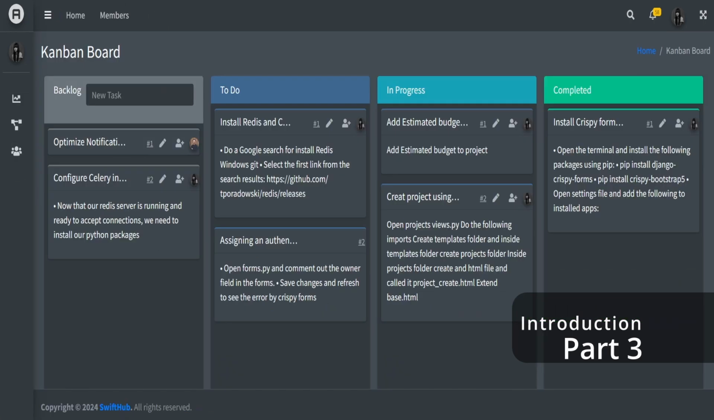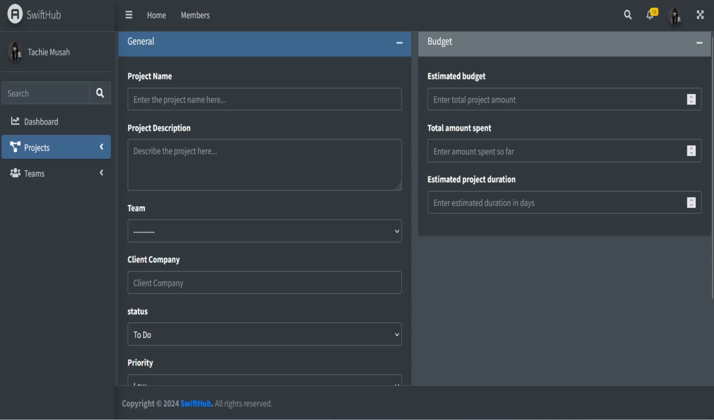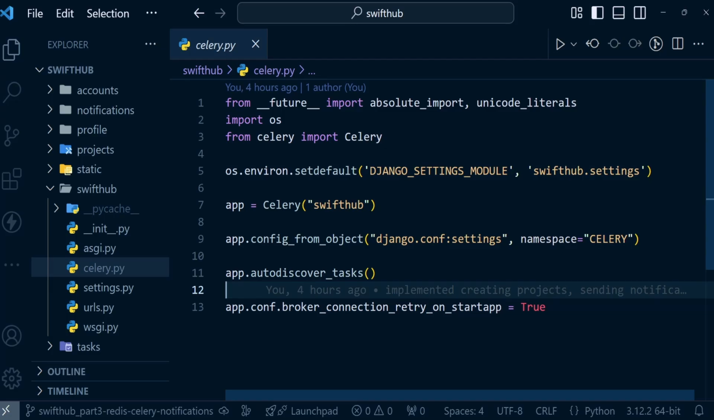So here is what you don't want to miss. In part 3, we're going to be diving deeper into advanced techniques like building powerful forms and creating our project with Django's CreateView. We're also going to learn how to style our forms easily with crispy forms. And then we're going to add budget fields to our project, and we're going to link logged in users as project owners. We're also going to learn how to tackle real world challenges like configuring Celery for asynchronous task handling,